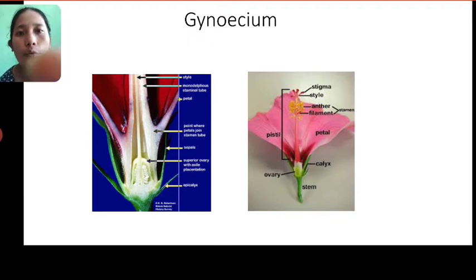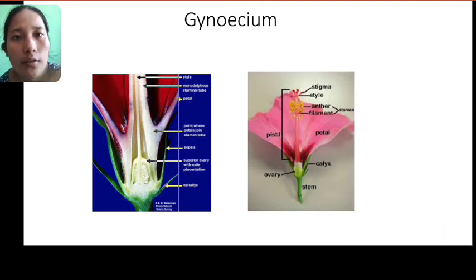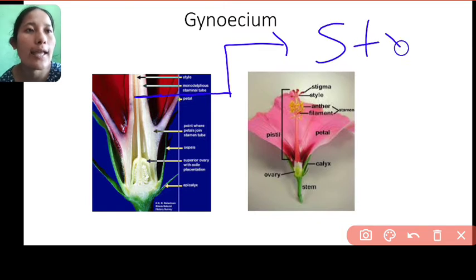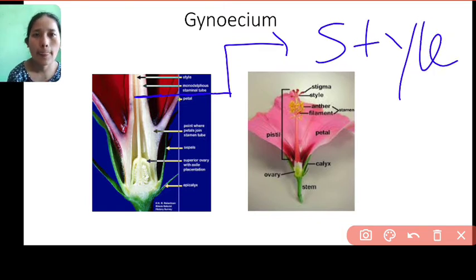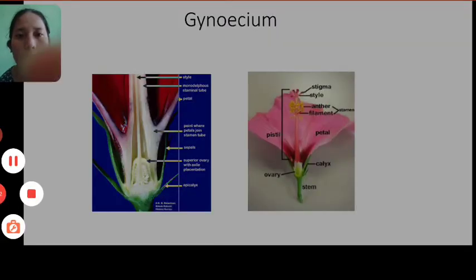Then you have this thin, thread-like structure. Now this is referred to as your style. Within the style only, your pollen tube is formed, through which your pollen male germinative nucleus travels to the ovary. Now the other part of the female reproductive system, or gynoecium, is your